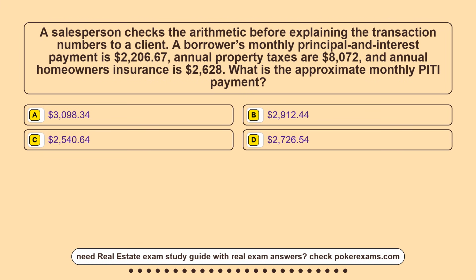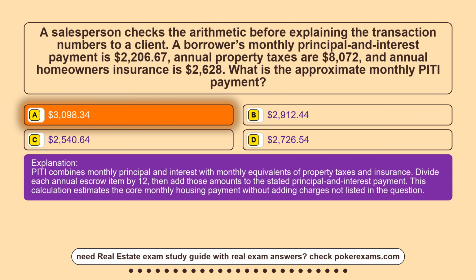Option A, $3,098.34. Option B, $2,912.44. Option C, $2,540.64. Option D, $2,726.54. The correct answer is option A,